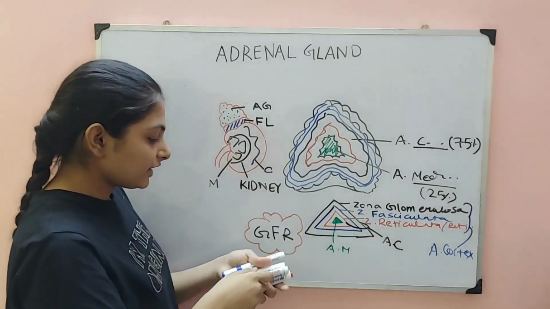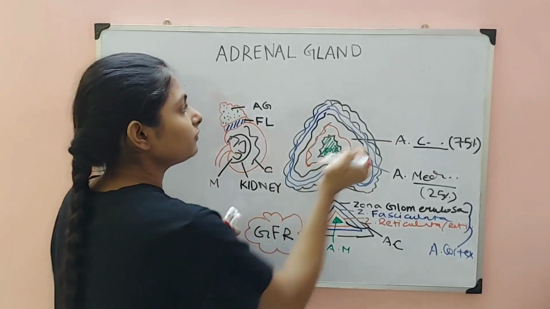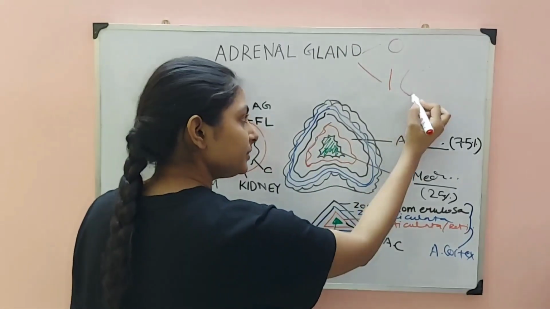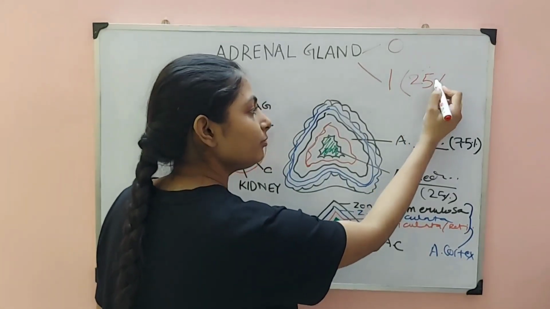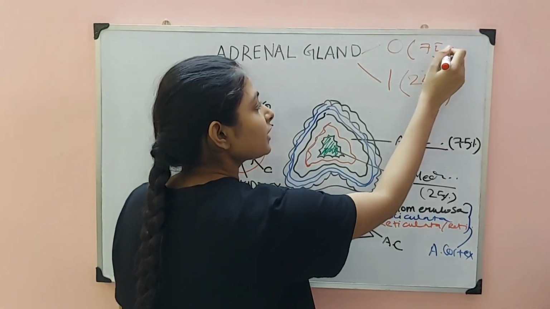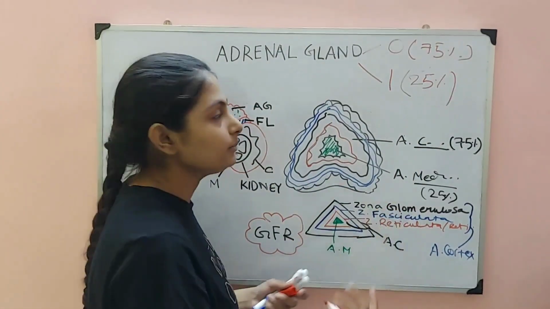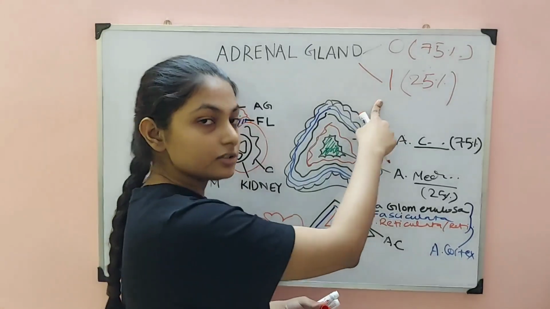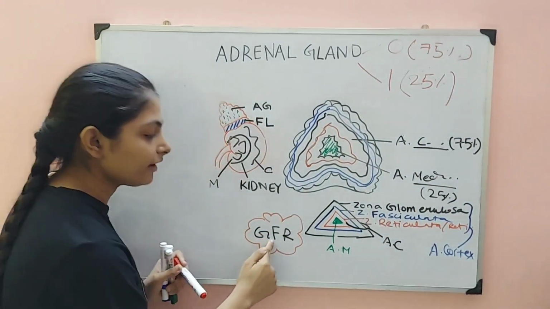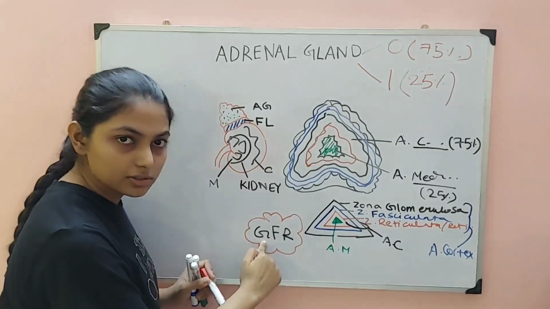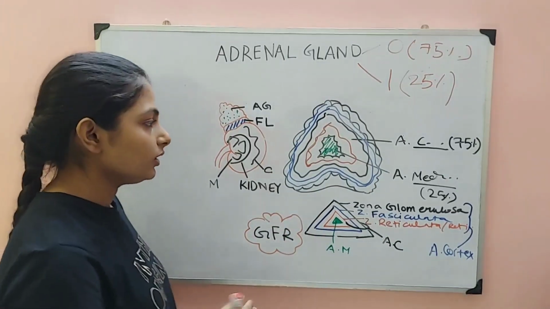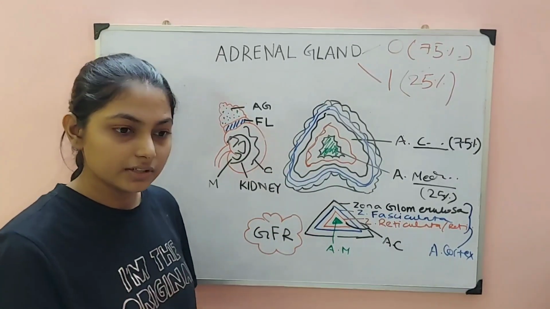So our gland is divided into two regions, the outer region and inner region. Inner region is pretty small, that's 25% only. Outer region is 75%. Now since it is bigger, it is three times the inner layer, so it has been divided into three parts. And those three parts are GFR, zona glomerulosa, zona fasciculata, zona reticularis. That's all. So we are done with the structure of the adrenal gland.